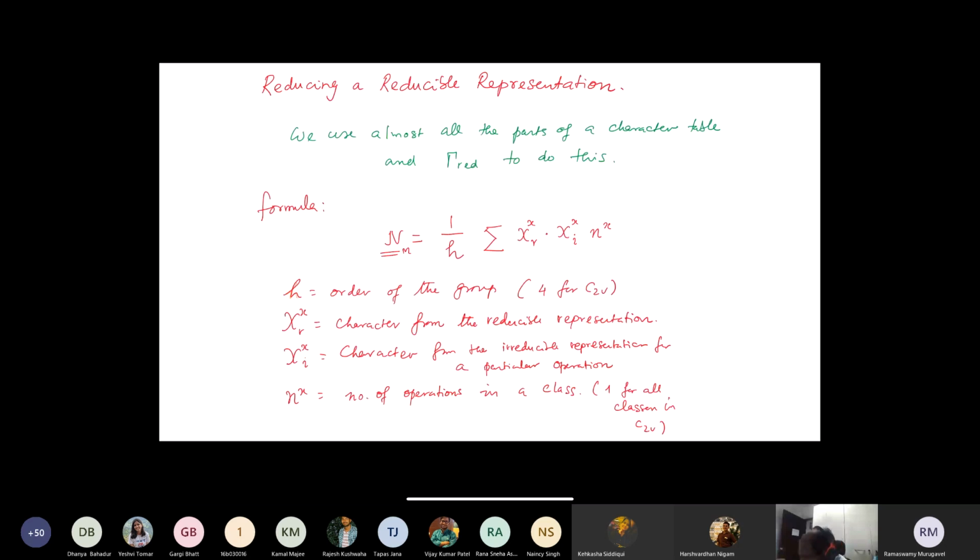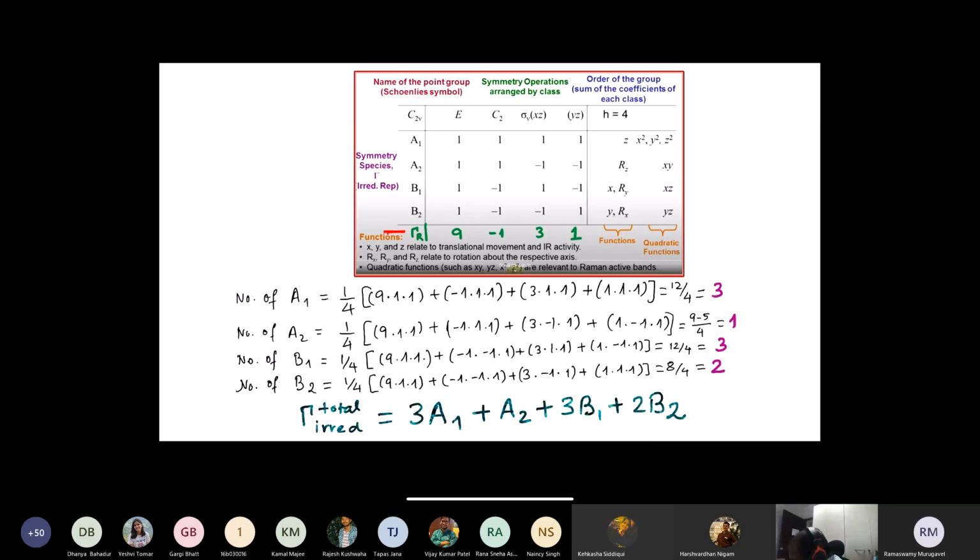Now, I also told you in the last class that you can use the so-called great orthogonality theorem, which I show in the next slide as an actual substitution and calculation. Your tau r is shown here, and these are your characters, and these are your coefficients of the symmetry operations. In this case we have no problem. Everything is 1, 1, 1. So all you need to do is sum over the product of the reducible representation times the irreducible representation times the coefficient of the